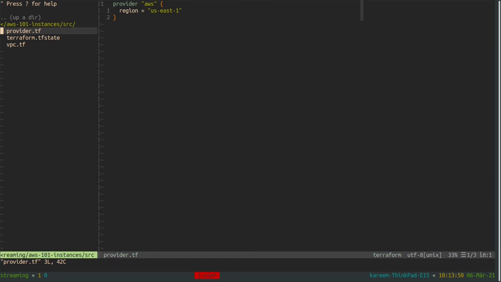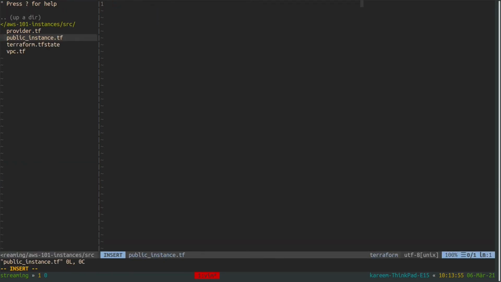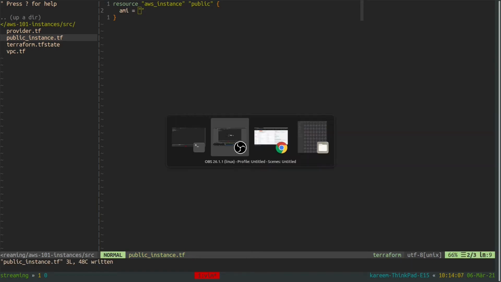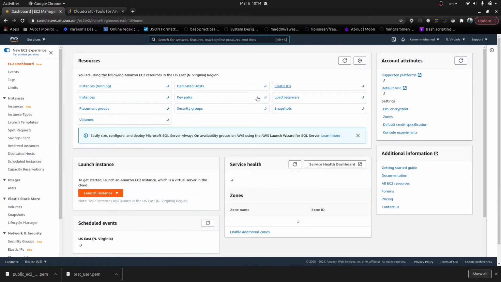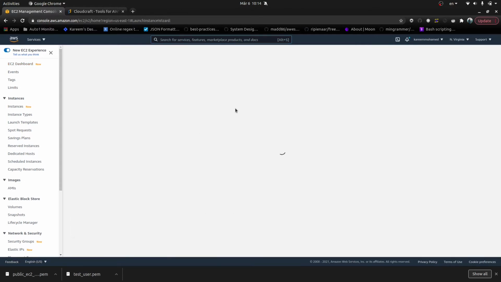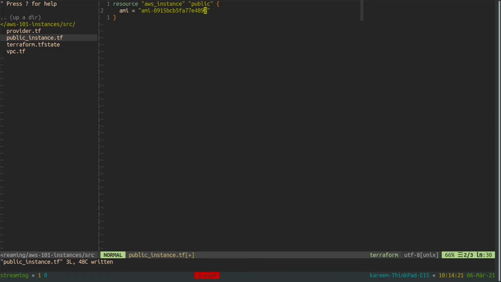So I'm gonna create a different file to keep my public instance and also the public security group. So the first attribute I need to define is an image ID, and for this one, if you try to launch an EC2 instance, you can find all images that you can use, and I'm going to use this one, Amazon Linux 2. Also I need to define the instance type. I'm going to define the smallest one. Actually the smallest one is nano. I'm going to use micro,